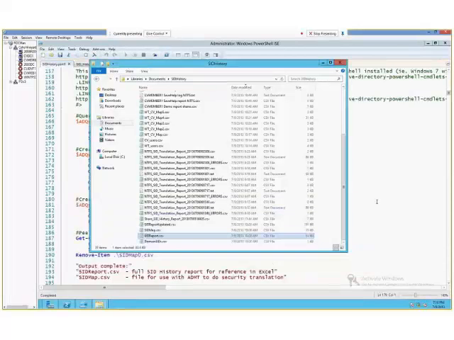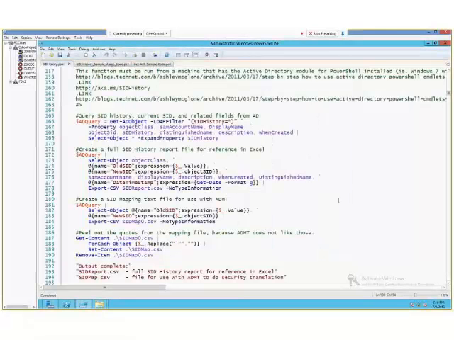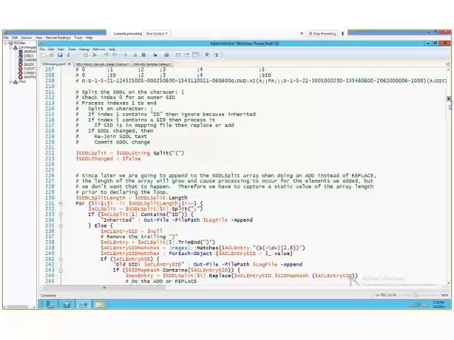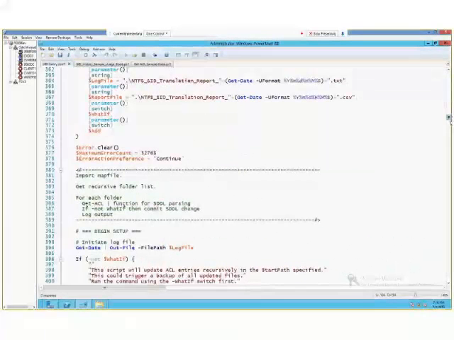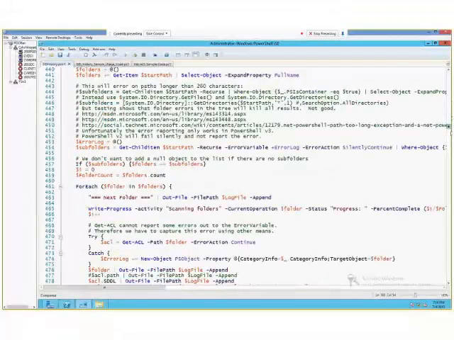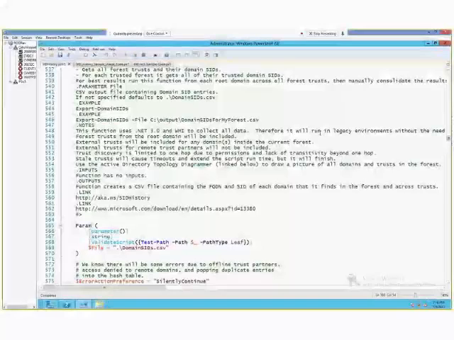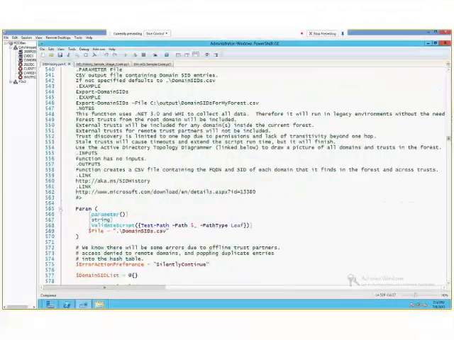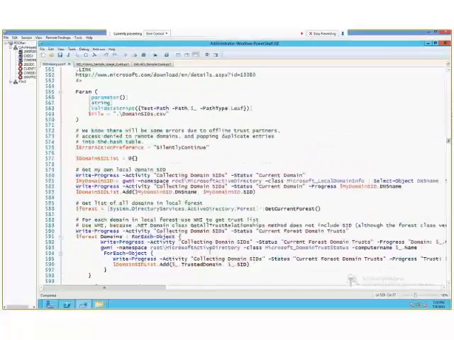So what I did was I wrote another function in here, and I'm going to have to jump down the module file just a second here, and we're going to find the domain SIDs. And this function, Export-DomainSIDs, to make a long story short, it crawls all of the trust objects in the forest to find all of the trusted domain information. So there are a number of different trust configurations, as you're aware. You can have a forest level trust, you can have a shortcut trust or an external type trust. You've got built-in automatic transitive trusts inside a forest with child domains. And so we want to enumerate all of these trusts to find all of the domains in the forest,